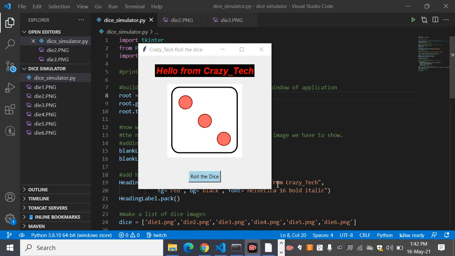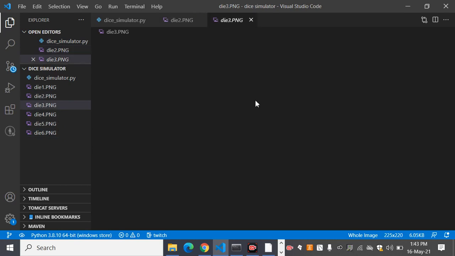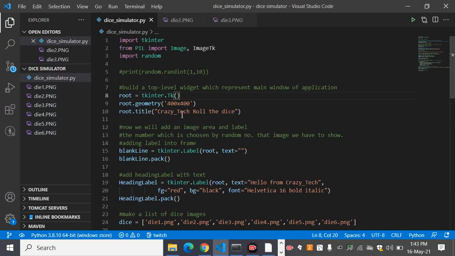To overview it, a dice is a simple object which we use for playing multiple games like Ludo, snakes and ladders, etc. So how we are going to develop it: we are provided with a set of images of the dice which has the different numbers from 1 to 6, that is 1, 2, 3, 4, 5, 6, and we are going to use the Python random module to select a random image from this set of images and display that image on a window. That's how simple it is.